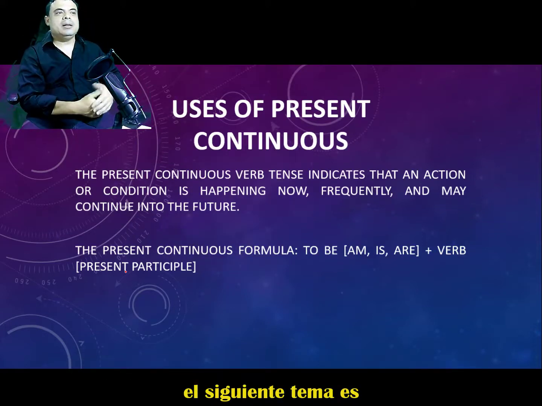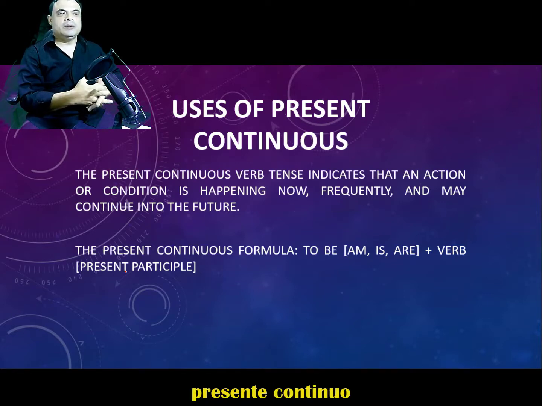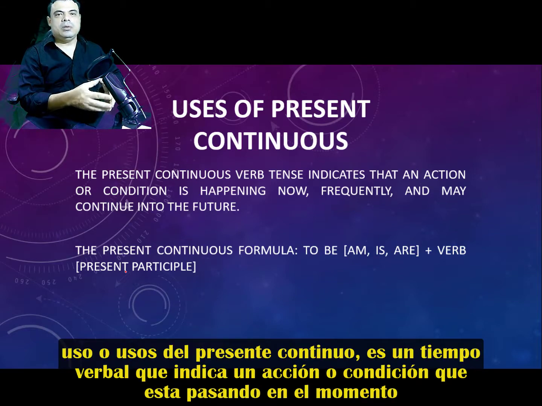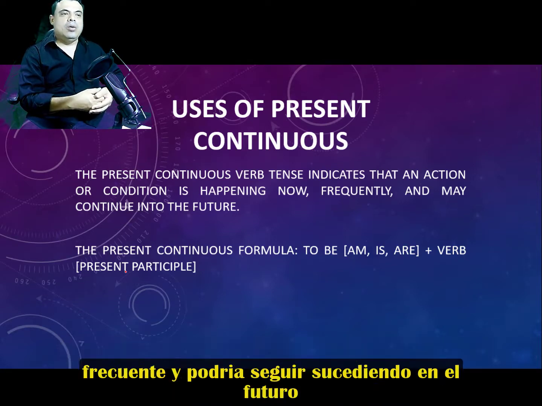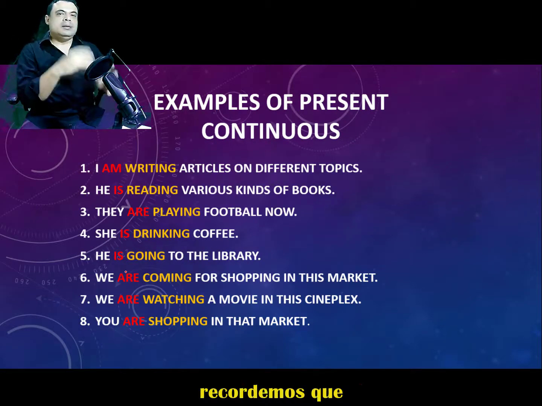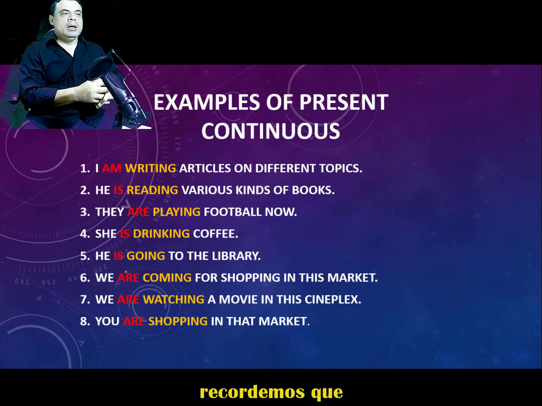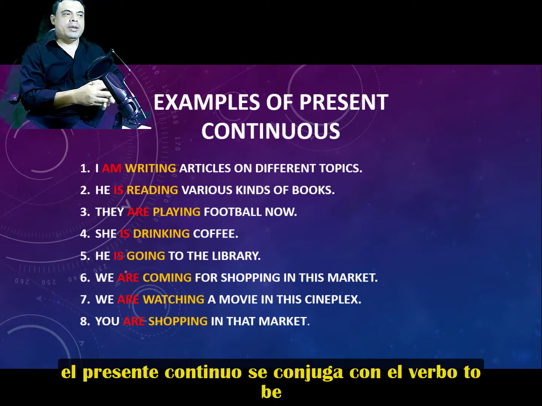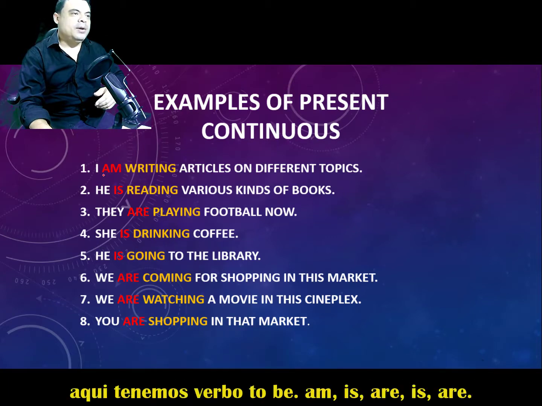The next topic is present continuous. What is the use or the uses of present continuous? Present continuous is a verb tense that indicates an action or condition that is happening now or frequently and might continue in the future. So let's see some examples. Let's remember that present continuous is conjugated with the verb to be. Here we have the verb to be: am, is, are,